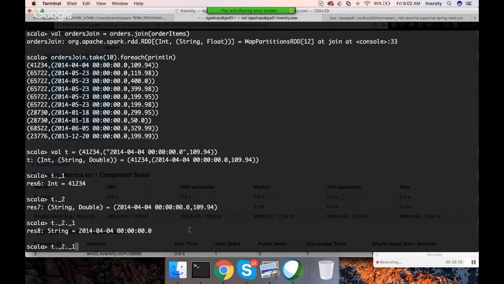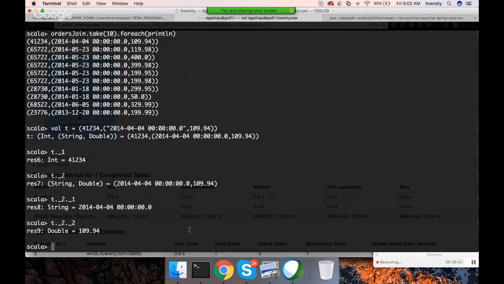And if we say t._2._2, it will give the revenue from that, the second element in the nested tuple. Okay. Now, if you want to extract the date and order item subtotal so that you can actually aggregate at the date level, you just have to say, okay, again